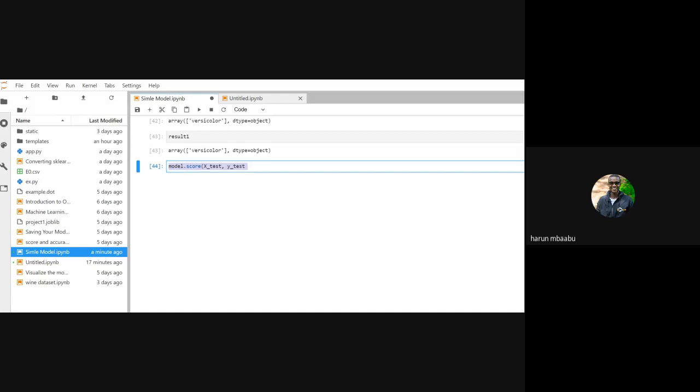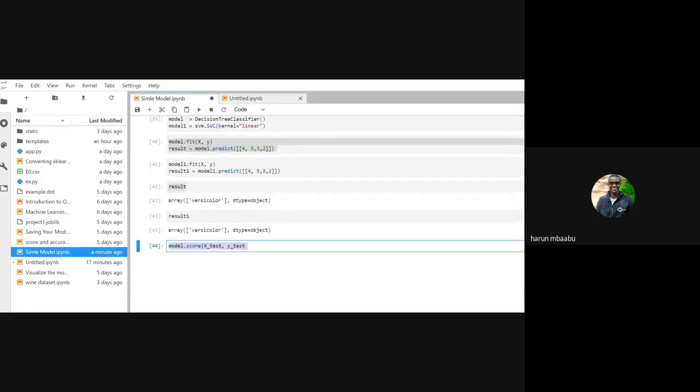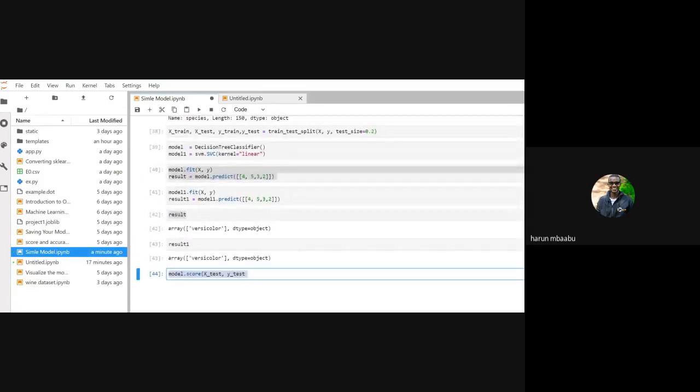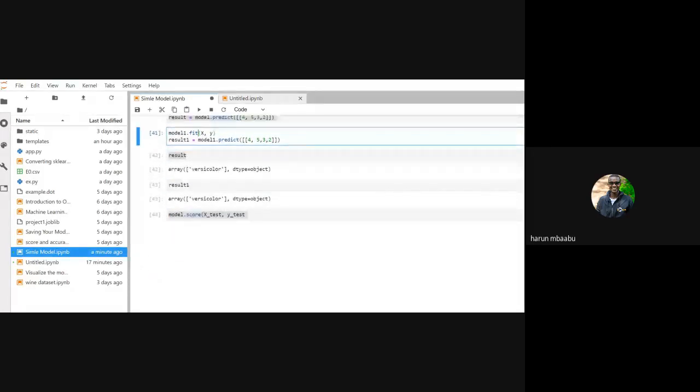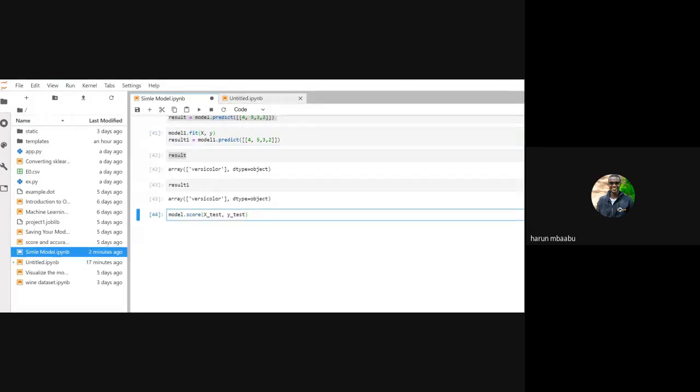So when we imported the decision tree classifier or the support vector machine to our file, it comes with a lot of methods. One of those methods is fit, the other one is predict. There is one more, which we call score. This is the method that we use to test the accuracy of our model, and the correct syntax is, as you can see, we only use the test data set. That is the X test and the y test.